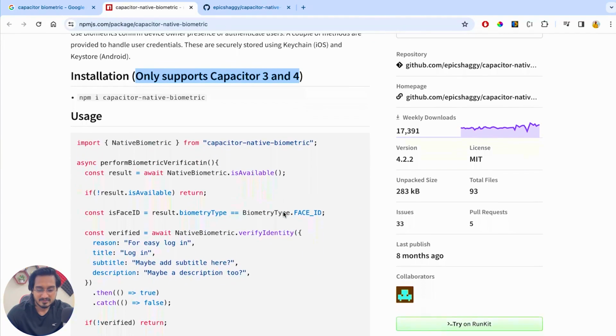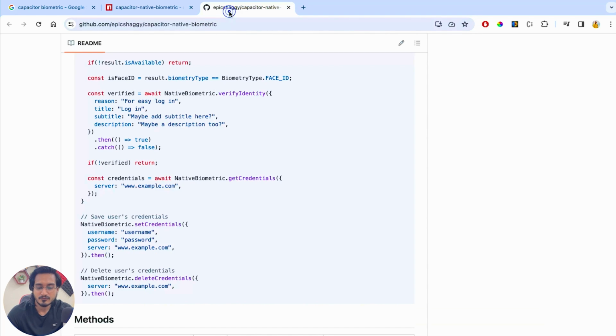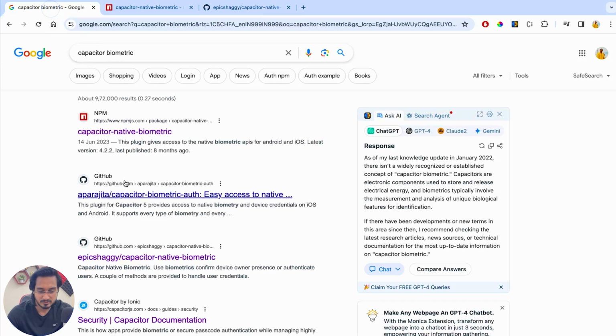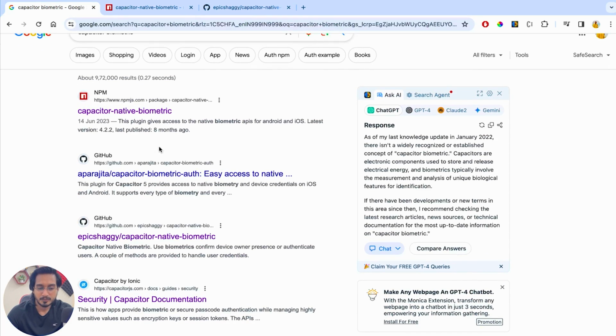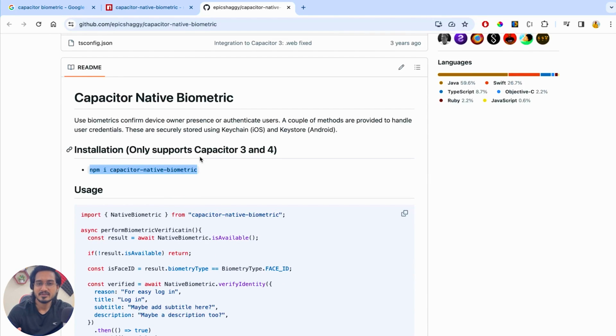Now within this is the code that they have used for performing the biometric verification part. And for the GitHub file, this is the link. Okay, let me just show you here. This is the one which you need to open up. So I have already opened it up where we will get all the stuff in detail, what exactly we need